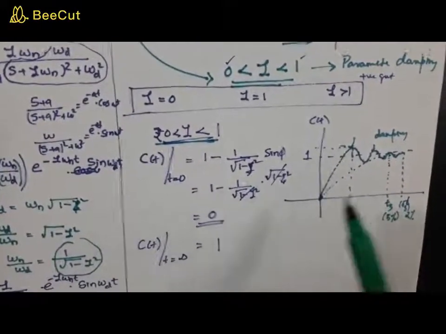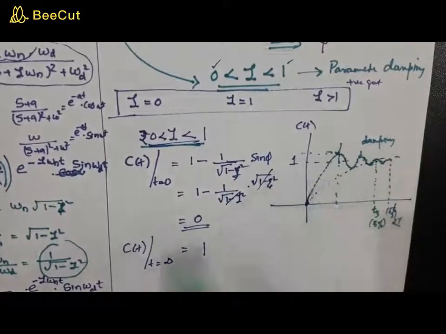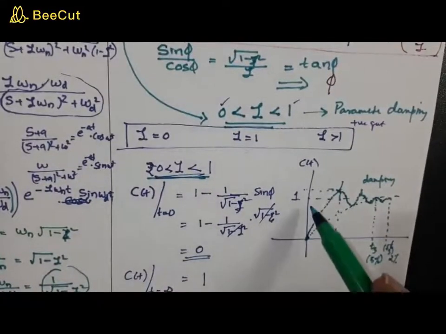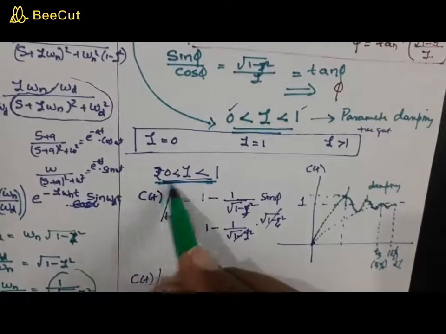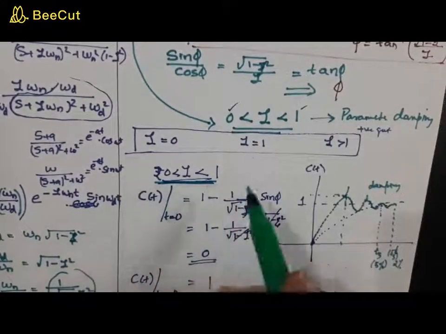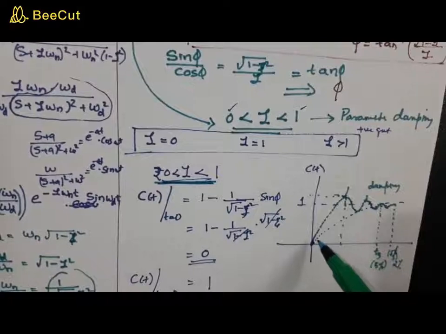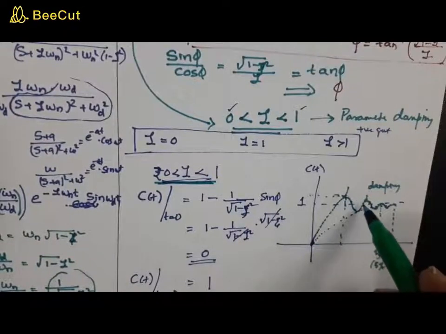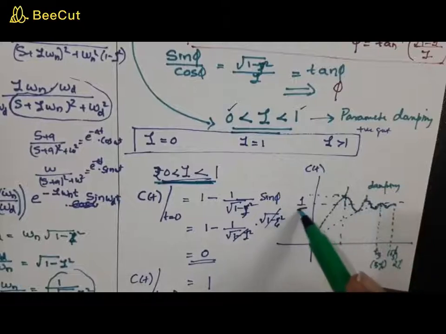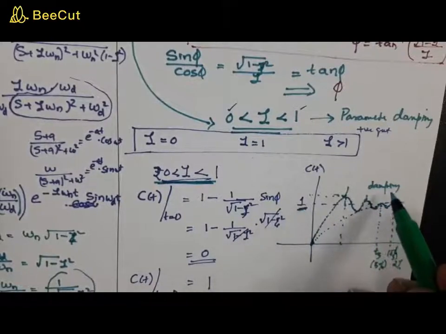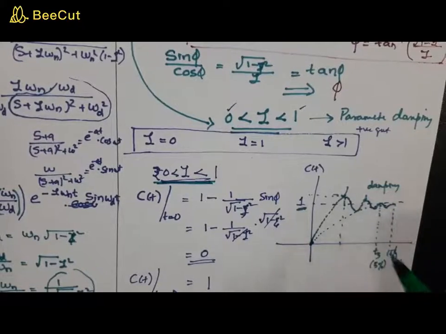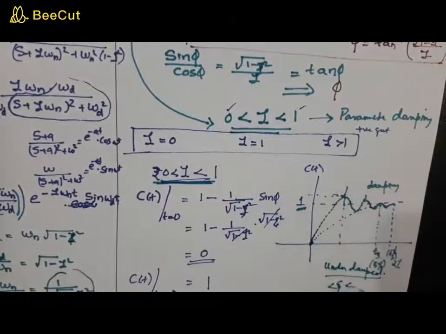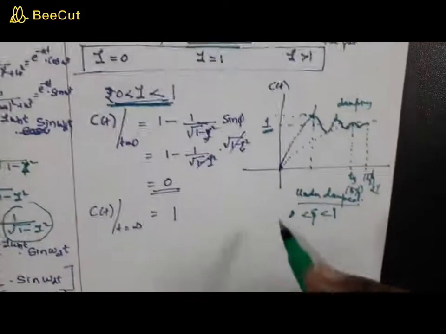What I intend to say is that for a second order system subjected to a unit step response, as long as your zeta, that is the damping ratio, lies in between 0 and 1, even though there is oscillation at the output, it will reach the desired value of 1 after some time, and that results in damping. This condition we call the underdamped condition, where the condition is dictated by the value as zeta varies from 0